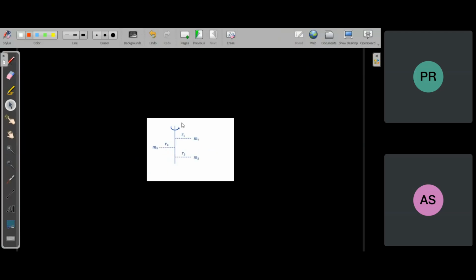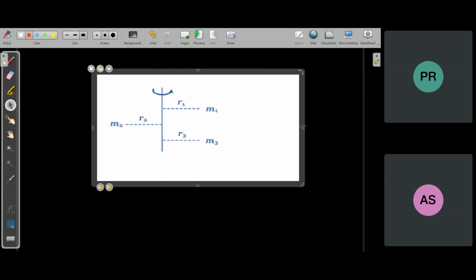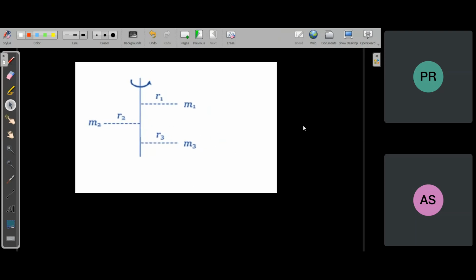So if you look at this diagram, you'll see that there is an axis and there are a few particles of masses m1, m2, m3, at some perpendicular distances r1, r2, r3 from the axis. They are capable of rotating about this axis. So then the moment of inertia of this system of particles